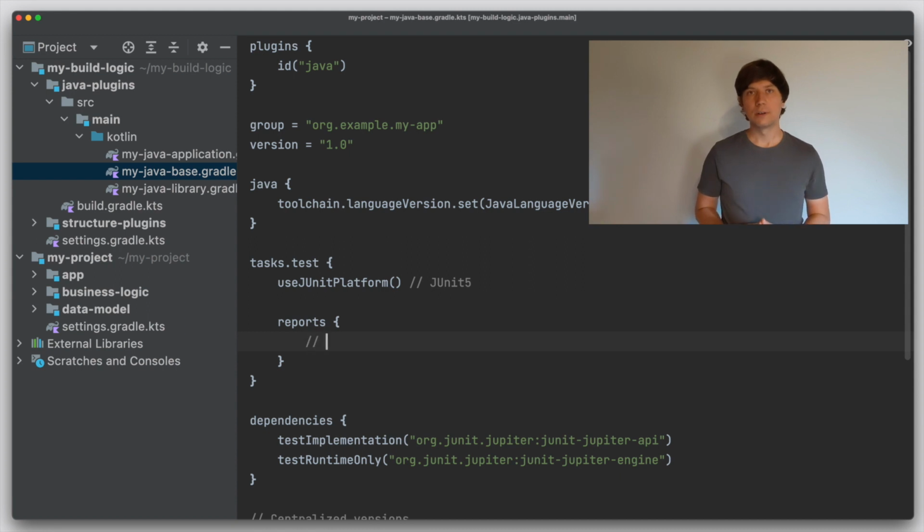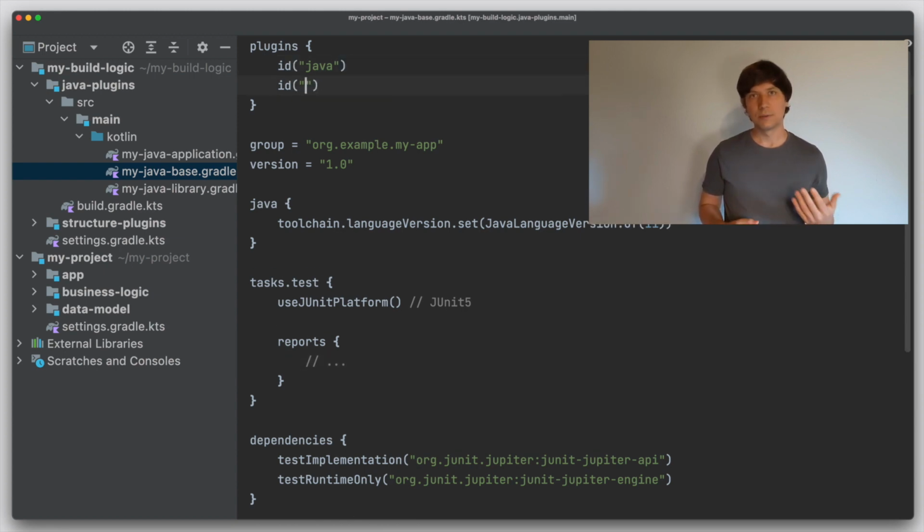Now another report you might want to generate is a code coverage report. Such reports tell you which parts of your code have actually been touched by your tests. For this, you need additional tools. A common tool in the Java world is Jacoco, the Java code coverage tool. Gradle Core directly supports this. If you want this report, as typical with Gradle, you apply another plugin, which in this case is called Jacoco.